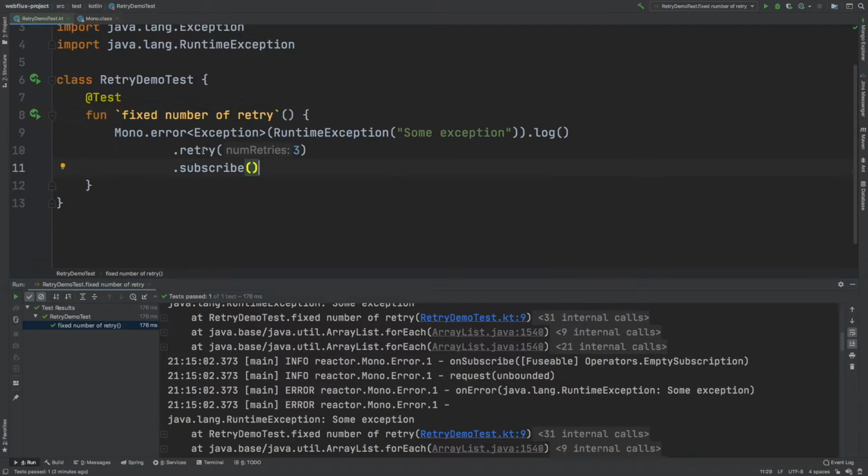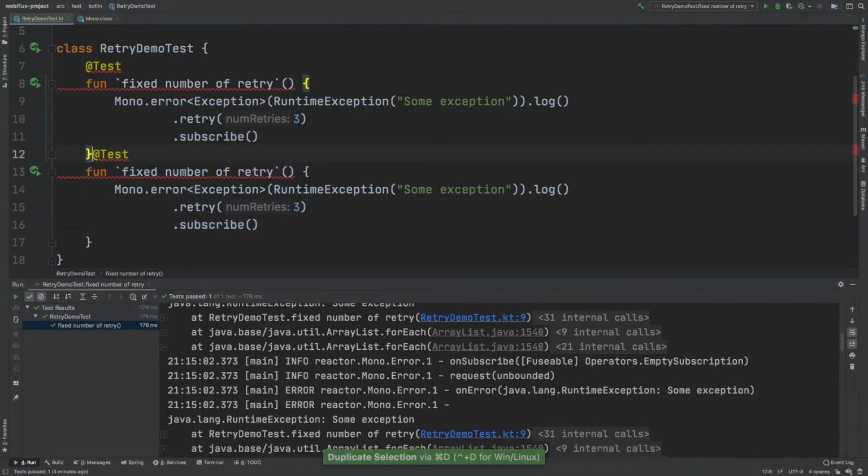So this retry method basically retries the number of times we have configured here, and it runs immediately one after another. Sometimes we want to add some delay between retries so that the service which is giving us an error response can get stable. So we can add some delay between the different retries. For that we have a different method.